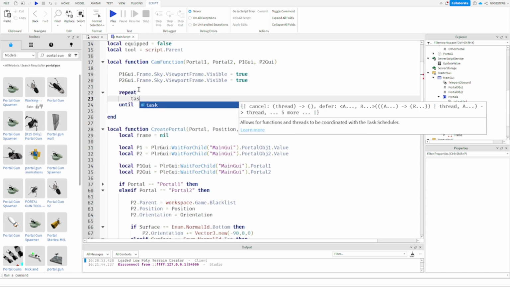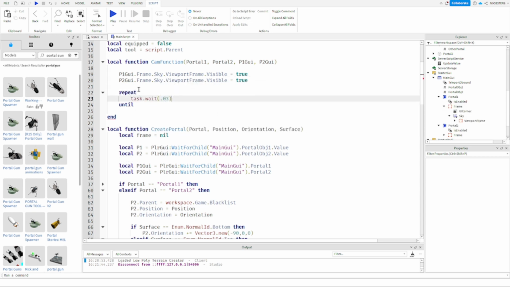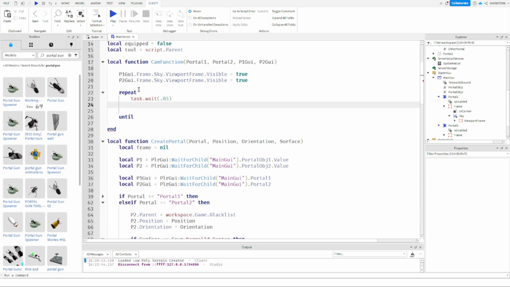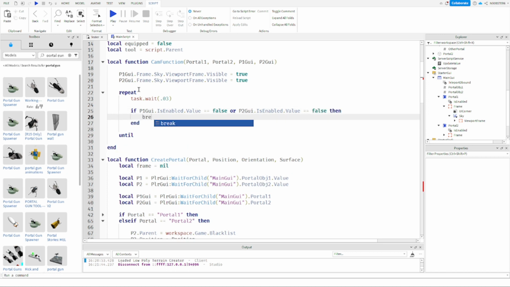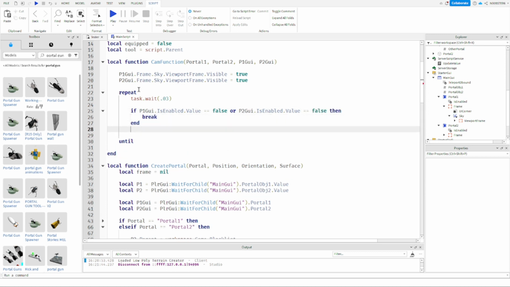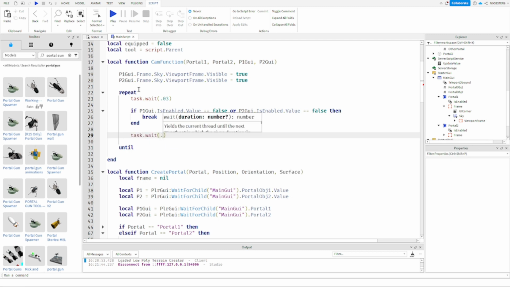Then we will repeat this. Task dot wait 0.03, and we will do if player1 GUI dot is enabled dot value is equal to false, or p2 GUI dot is enabled dot value is equal to false. Then we want to break, leads to less bugs, etc., etc. Waypoint 04,